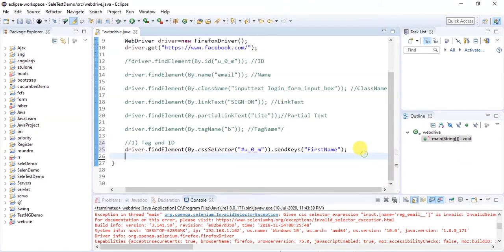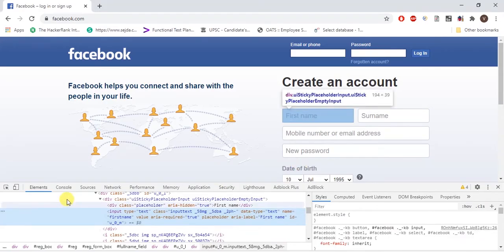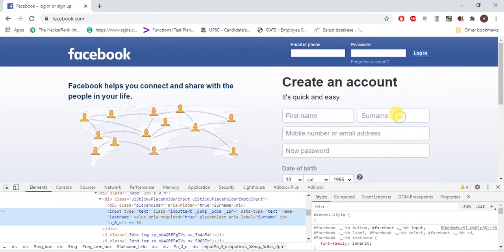Okay, so there is another way to write this, tag with ID. So here we haven't mentioned tag, so in the next command we will use tag with ID. So there are two ways to identify the elements. So now we will see the surname. Okay, so here the ID given is this, so we will use